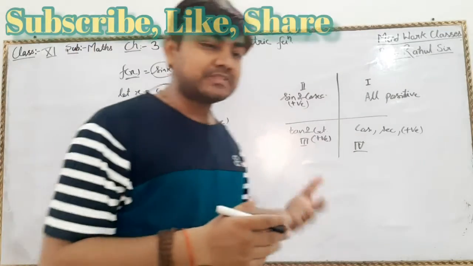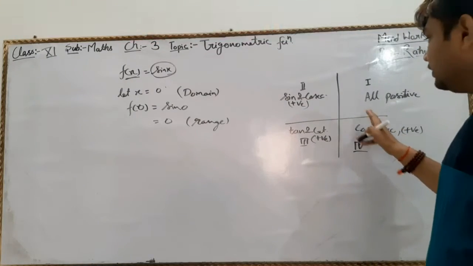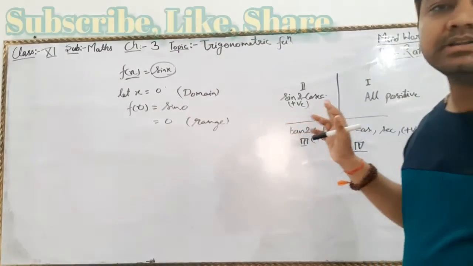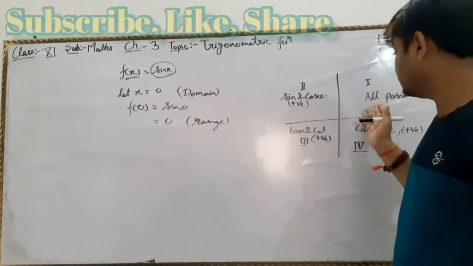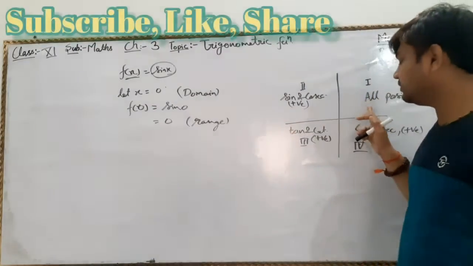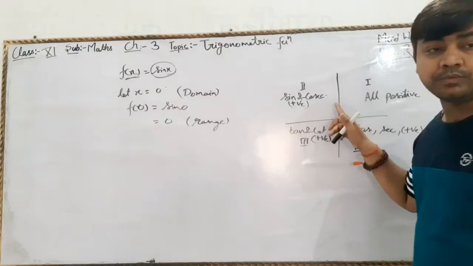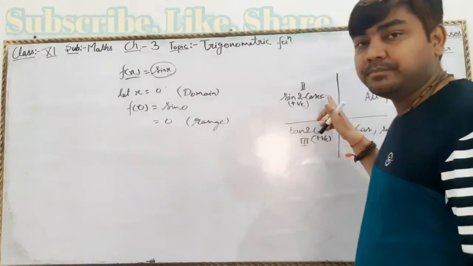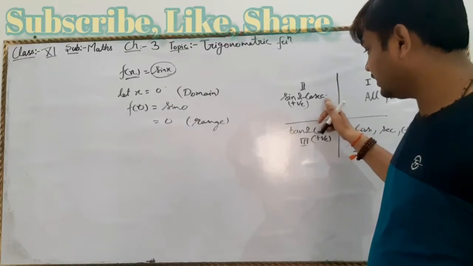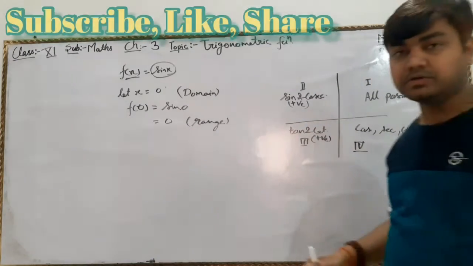So for the sine function, for 0 degree to 90 degree, that means for the first quadrant, the range will be 0 to 1. Again in the second quadrant it goes 1 to 0, because before 90 degree it is 0 to 1, and after that when you come to this point you will get 0. Similarly this goes on continuously.